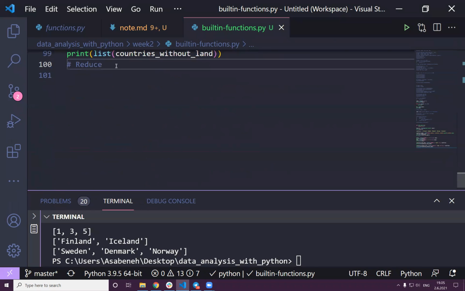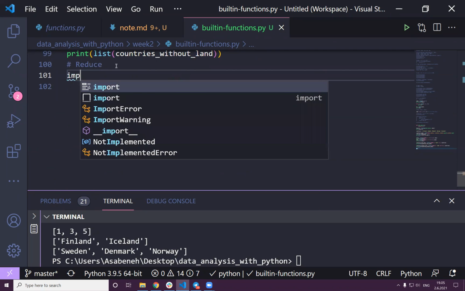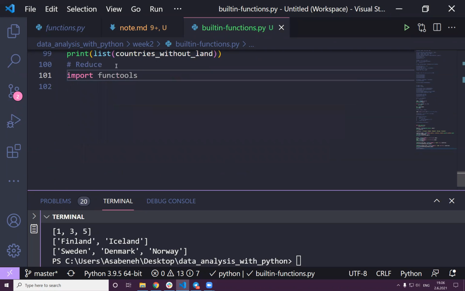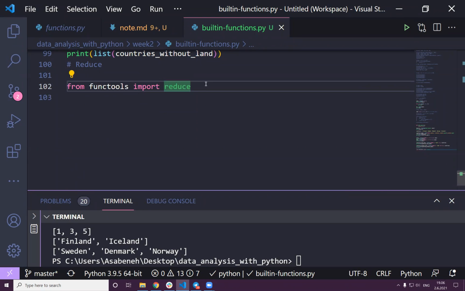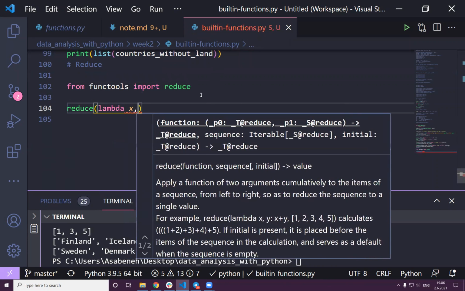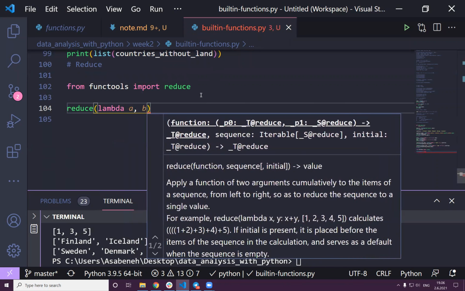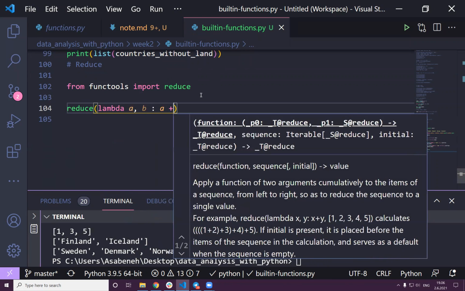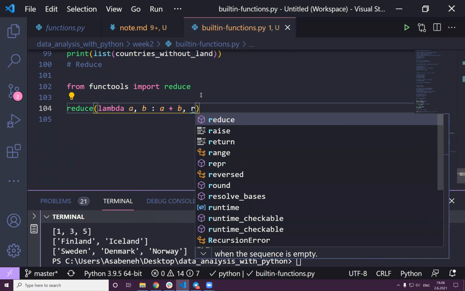Okay, but I think you can't get it as a global, so you have to import it. Import functools. From functools import reduce. So it has to be imported like this. Then I make use of reduce, and you can pass a lambda with x and y, or a and b, and then I say a plus b, and then I will pass the list,